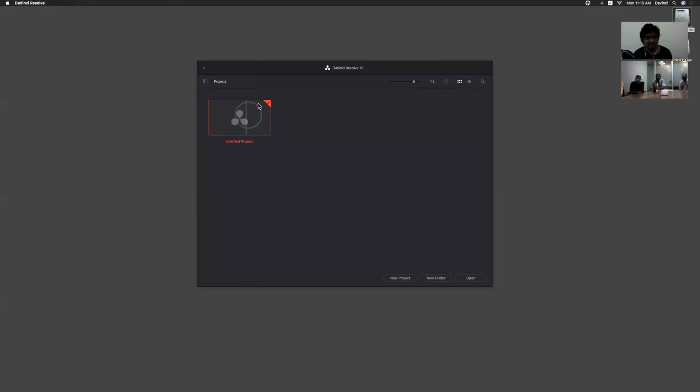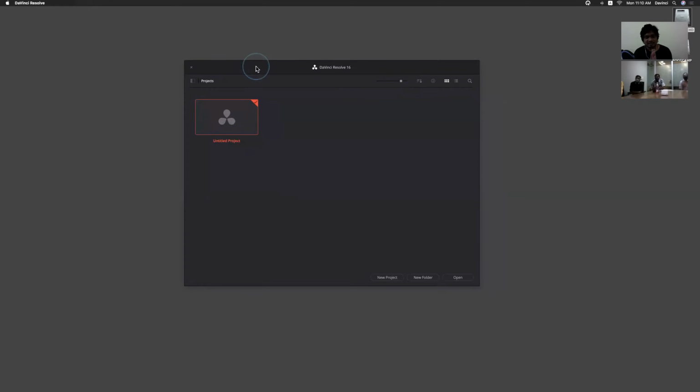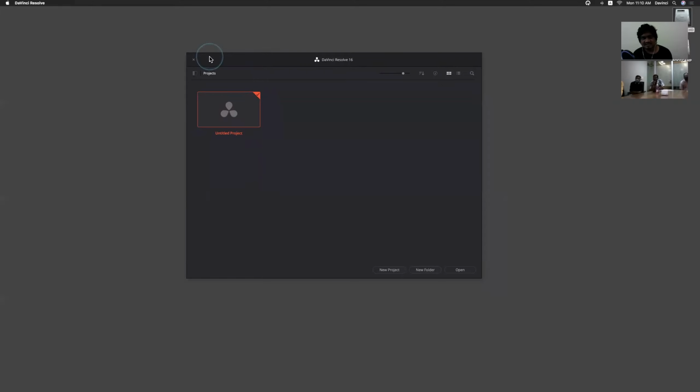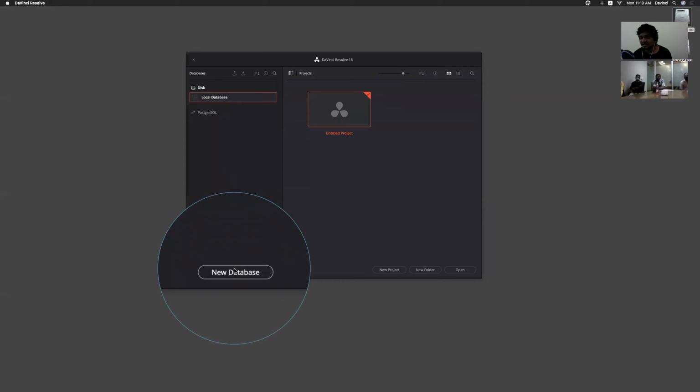Okay, fine. So the window you are seeing on the desktop is the project manager, right? Whatever projects you're working on can all be seen here. And we'll discuss media management and project management in later sessions, like how to create a database. By default, it will use the local database. In later sessions we are going to see how to create a new database and how to assign the location for the database.